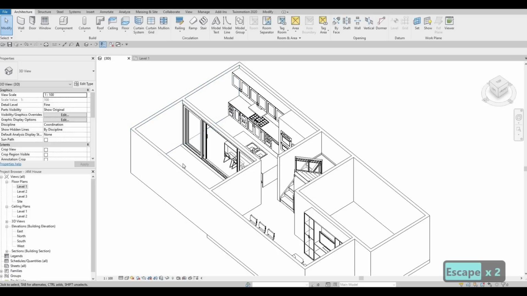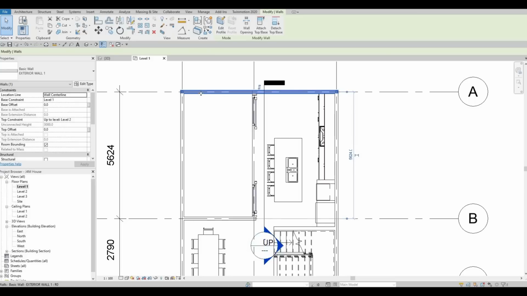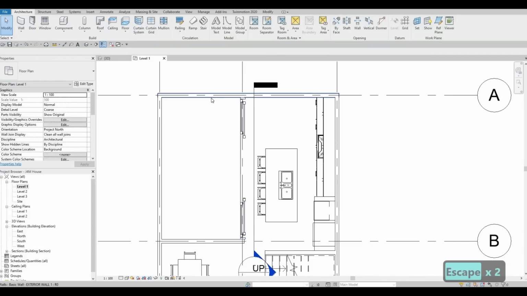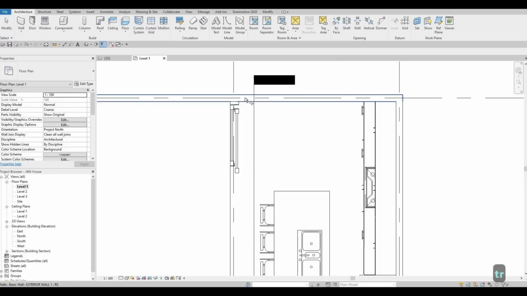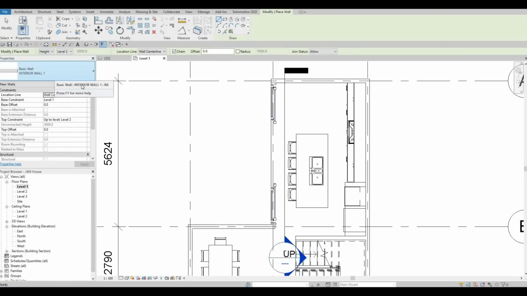At the same time, we're gonna put grass around there. So first I want to pull back this basic wall, exterior wall number 1, because I want the border wall to be smaller, and I want it to have a different material. So I'm going to type in TR, that's trim and extend, and then trim and extend right here. And then after that, press escape multiple times, and then click on wall again,